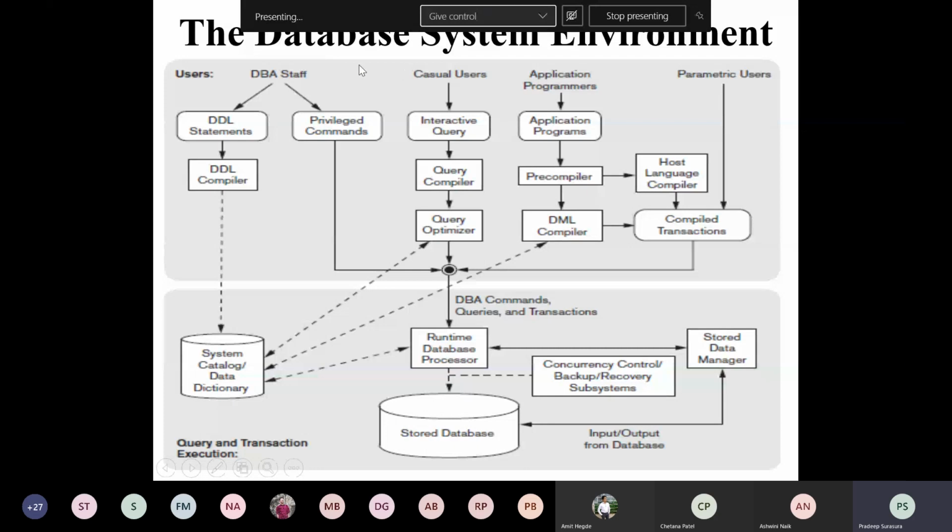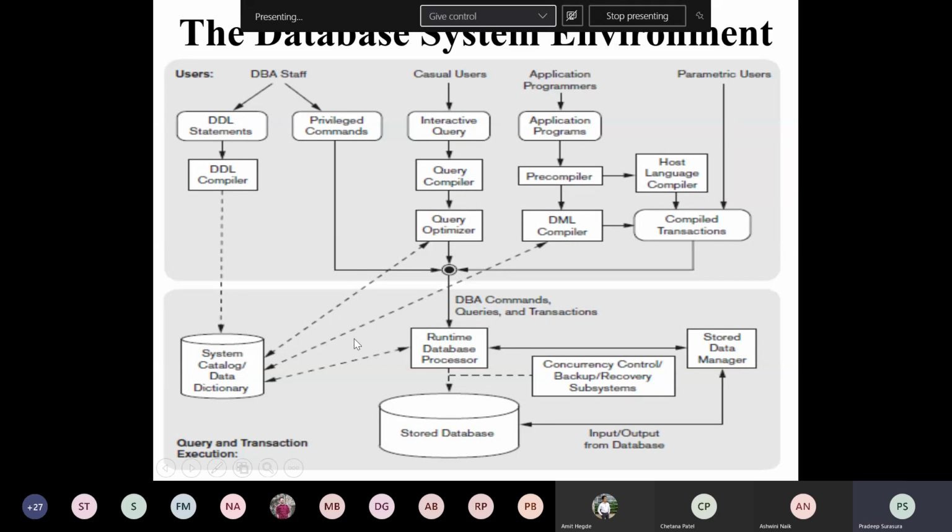Whatever he is doing, he is connecting to the database in the form of transactions only. Nowadays we execute everything from outside the database, so all queries are in the form of transactions. Any more doubts before we go ahead?